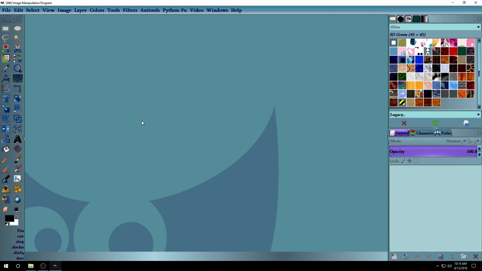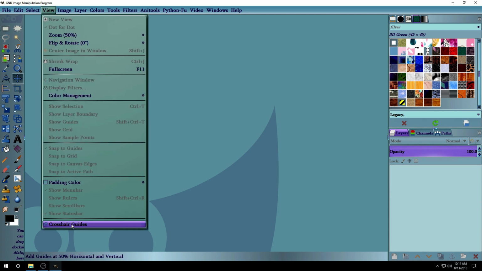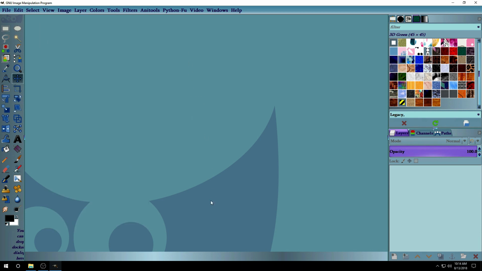The only thing that is different that we introduced in Gimp 2.10 is the warp transform tool that replaced the iWarp tool. And before we start, I want to let you know that in the folder you're gonna find the GIMP layer effect.py if you don't have it, and I'm gonna show you how to make it work for this if you have it. Also, I'm gonna share a filter called Crosshair Guideline or Crosshair Guides that is gonna automatically